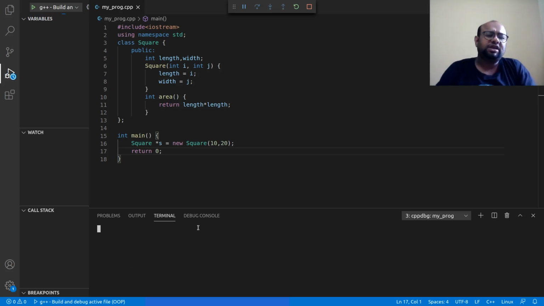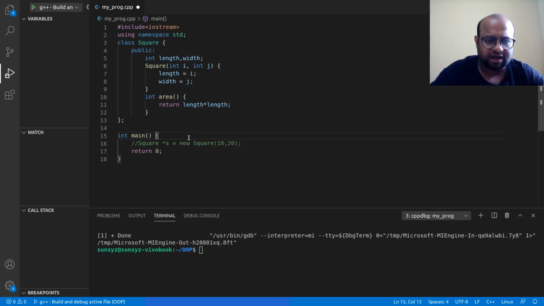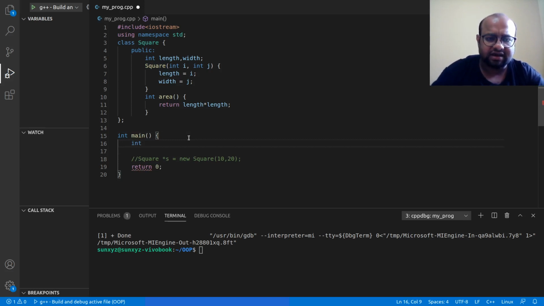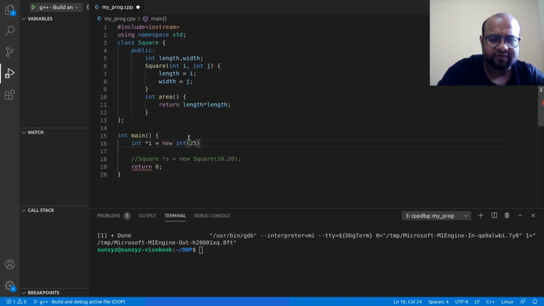So this is how I allocate memory on the heap for this object S. Now you have seen this keyword new. Let me use this keyword with integer as well. I can allocate memory for an integer. I can write new int, and I'm going to give a value of 25.